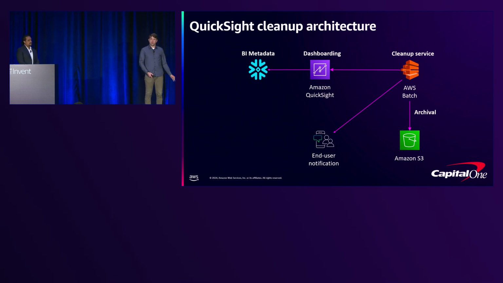And then for archival, we use the Assets as Bundle feature, which is a part of the QuickSight API offering, which eventually lands in Amazon S3 with a lifecycle policy applied. And then to notify users and let them know of the inventory that's ready to be cleaned up, we used just simple email notifications. The email actually has a copy of the QuickSight dashboard download, so users can quickly, in their email, see the complete inventory of what reports they own that are about to be cleaned up.